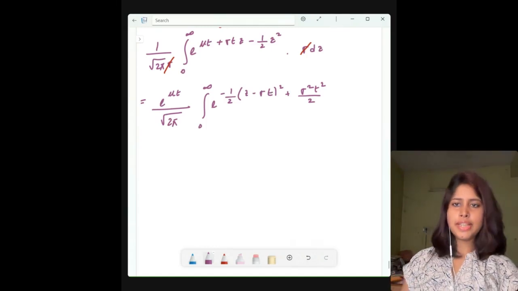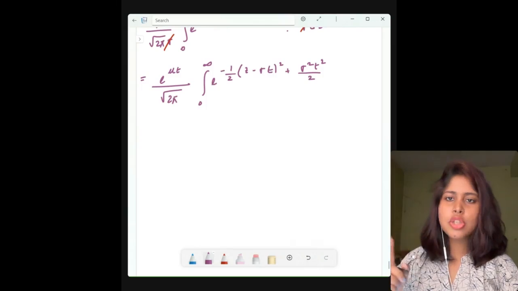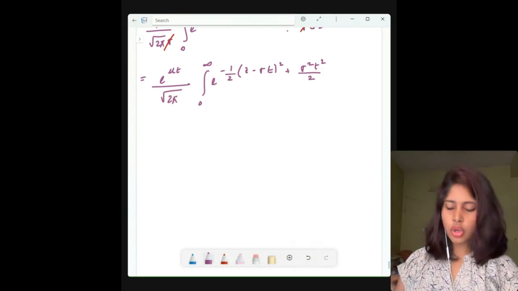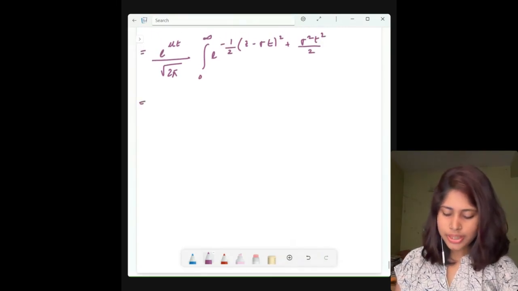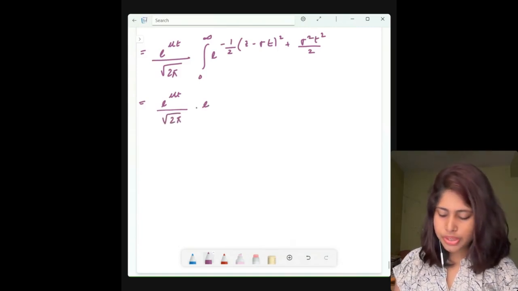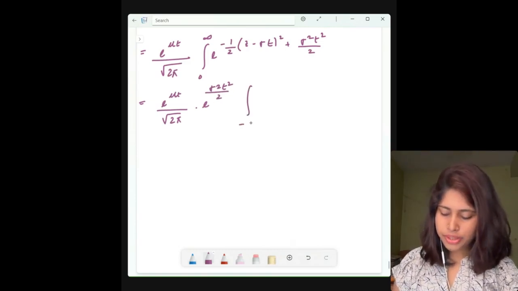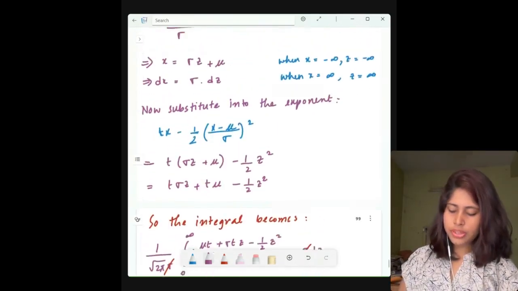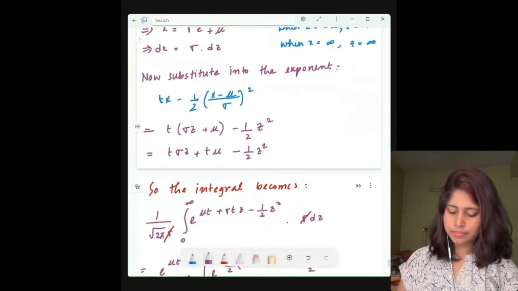Now the next part is, we are taking this e to the power sigma square t square by 2 outside again. Okay, if I take that outside, because that is again another constant, right? So let me just take that outside, I am not making another step. Okay, e to the power mu t by root over 2 pi into e to the power sigma square t square by 2, and integral of minus infinity to infinity. Okay, I'm sorry. This is not from 0 to infinity, okay? This will be from minus infinity to infinity only. I have written 0 to infinity.